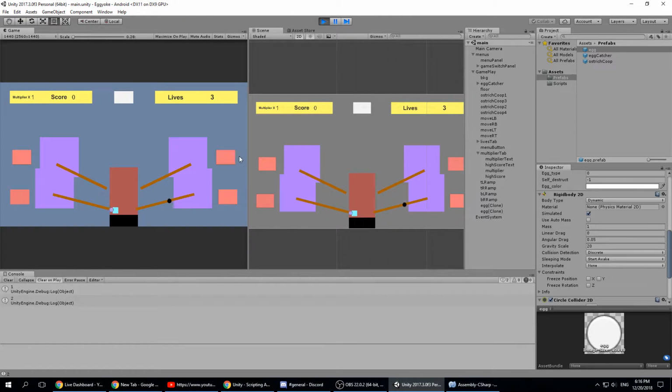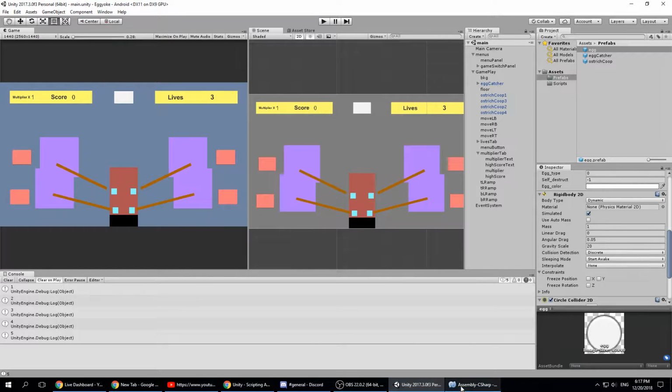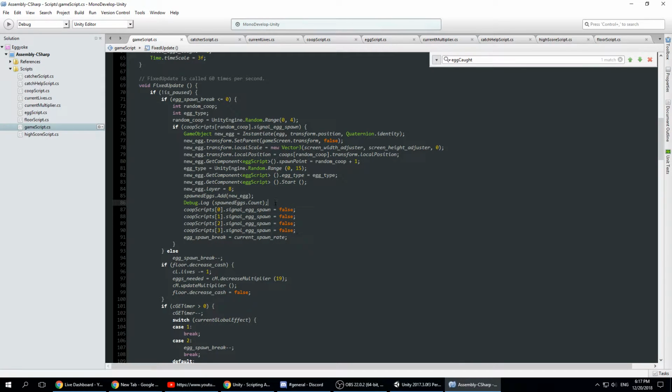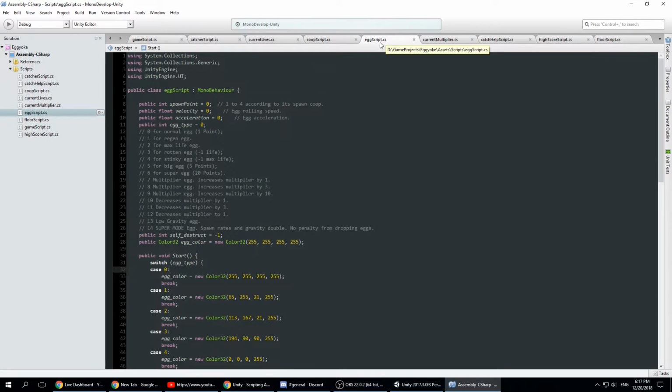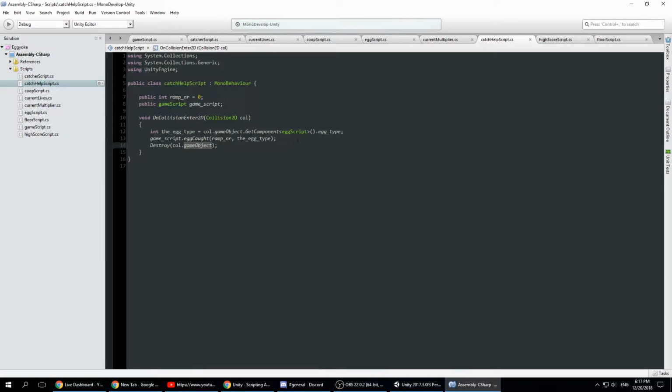That's 1. That's 2. Okay, that's 3. 4. So it keeps going up, right? Although we don't have those eggs anymore. They've been destroyed. Alrighty, so what I have to do now is actually destroy these eggs when they are being caught. So I need this one in the catch help script, and I need